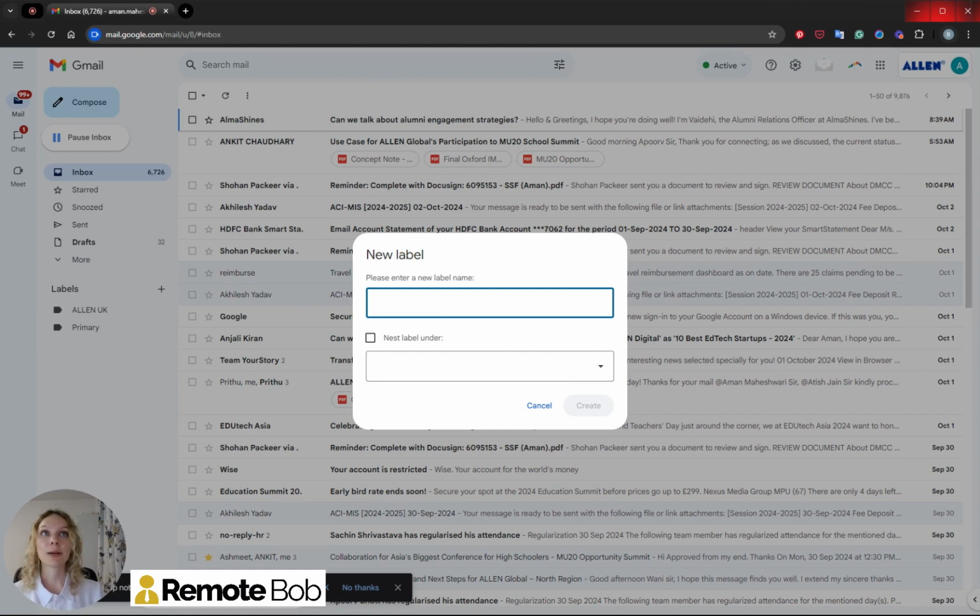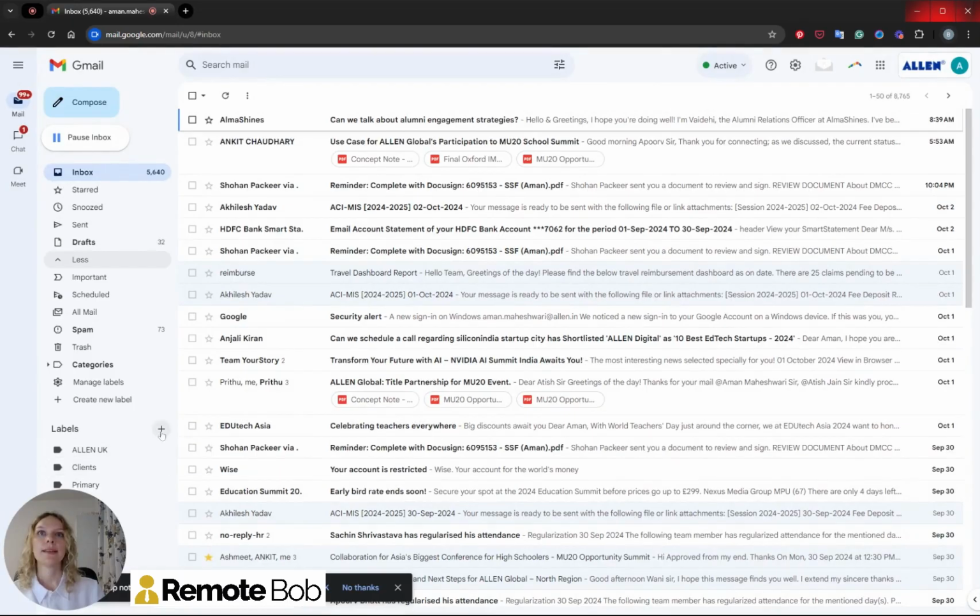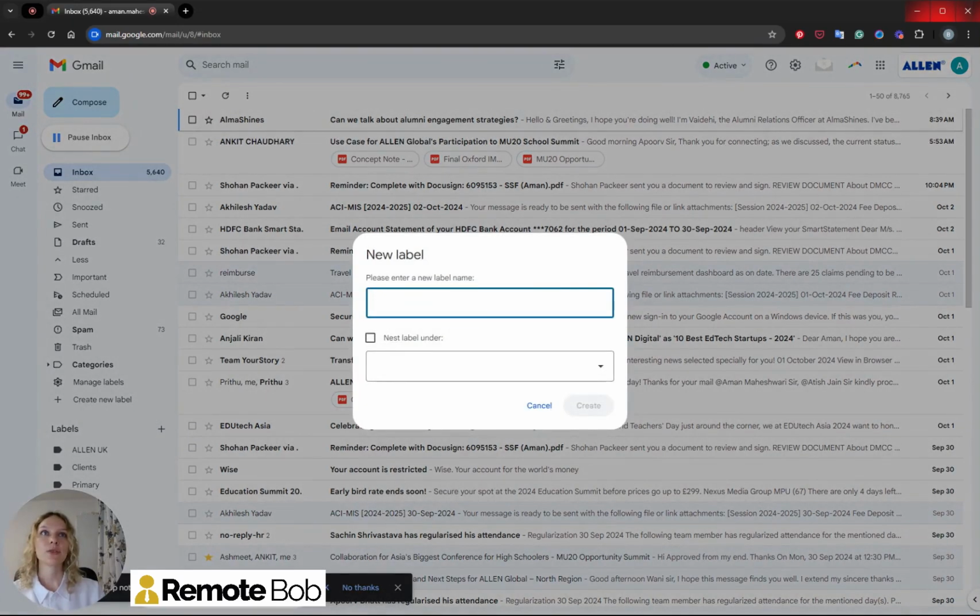There are a couple of label options that we really often use when we're working with clients. Of course, it can be different for each client, but I will just show you some examples and how to create some kinds of labels. For example, we can create a clients label. Next label that we can try to create is, for example,